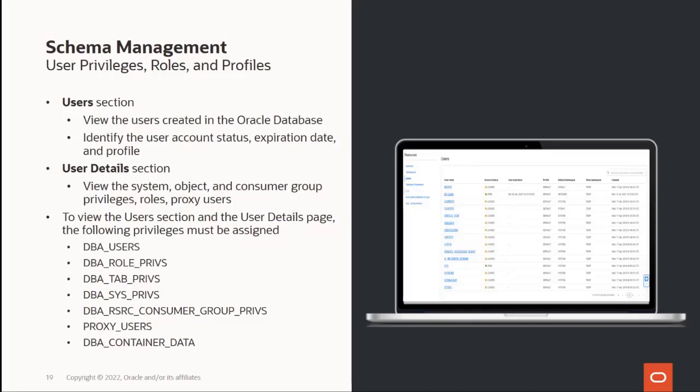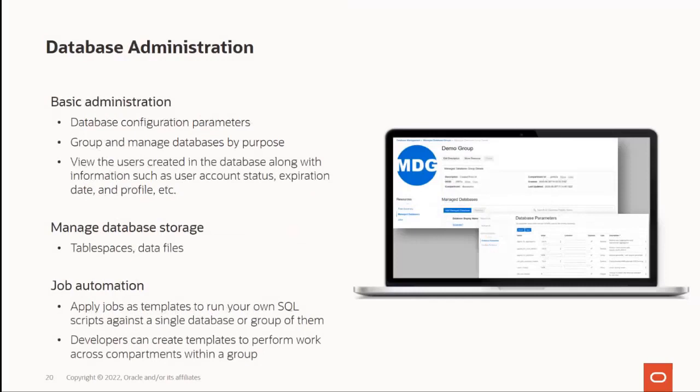management. Beyond that, we have a basic administration for database configuration parameters, database groups, which we discussed earlier, to group and manage databases by purpose, wherein you can group your databases that are maybe spread across multiple compartments. You want to have a unified view of them. Maybe you have autonomous databases, Exadata, and virtual machines, base systems in multiple compartments. You might want to group them together into one single